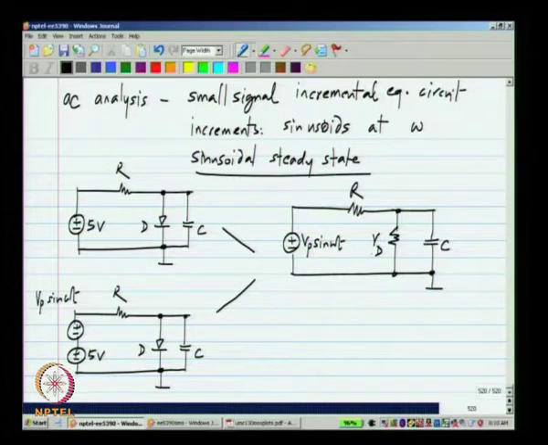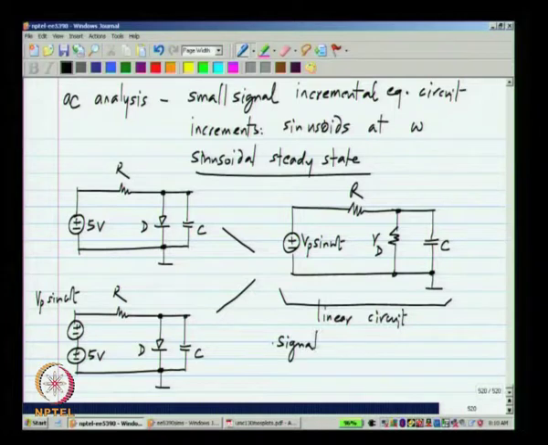Okay. So, now this is by definition a linear circuit. Okay. So, that means that the magnitude of V p does not matter, whatever V p you choose, the signals in the circuit will be proportional to V p.